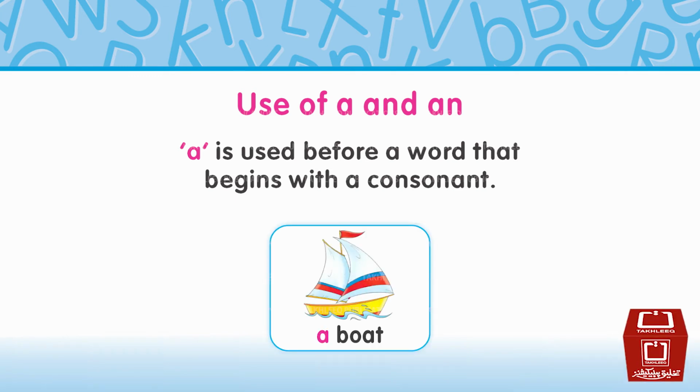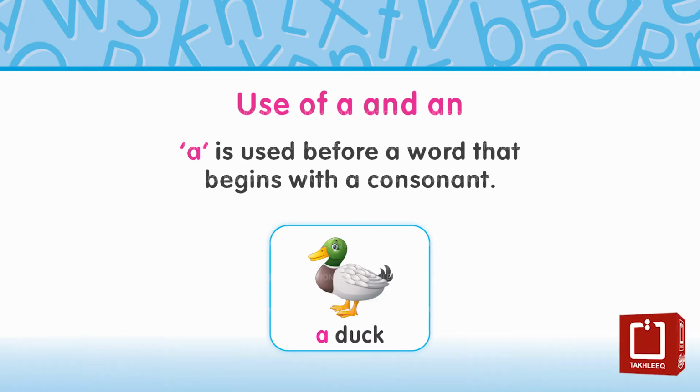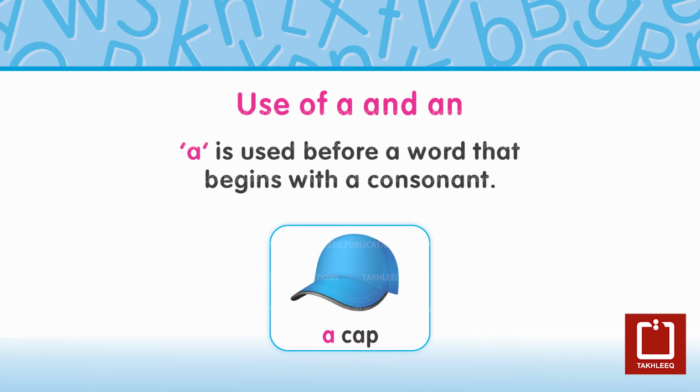This is a boat. ये एक कश्ती है। A boat. एक कश्ती। This is a duck. ये एक बतख है। A duck. एक बतख। This is a cap. ये एक टोपी है। A cap. एक टोपी।